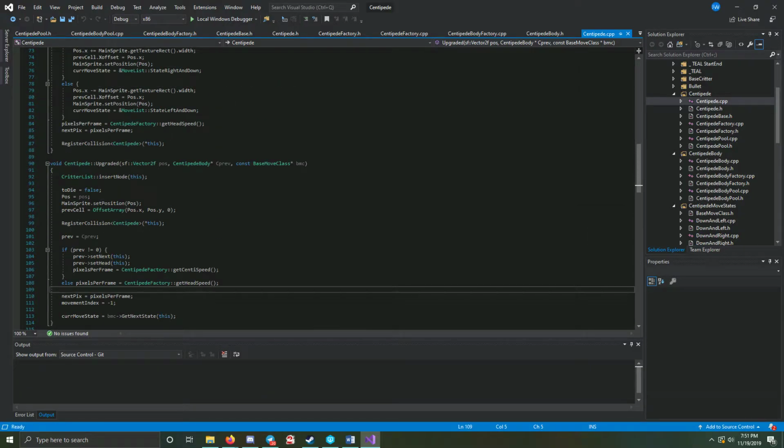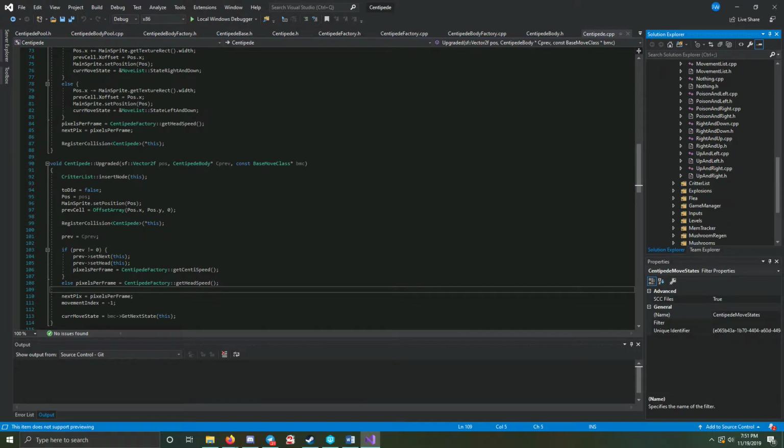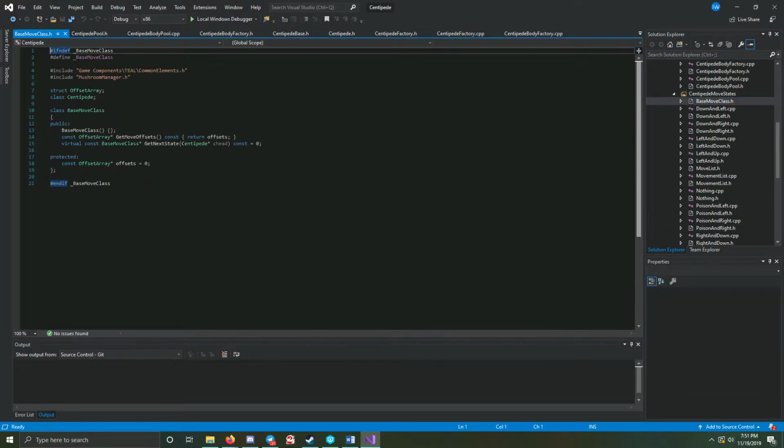So, how does movement work? Well, we have our centipede move states here, and it's a lot. So this is what the move class generally looks like. We have an offset array, which is just 3 floats, x, y, z, for x, y position and then rotation. And then we have get move offsets and get next state. Get move offsets will return an x, y, z to add on